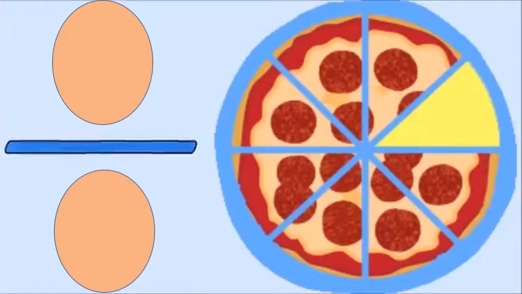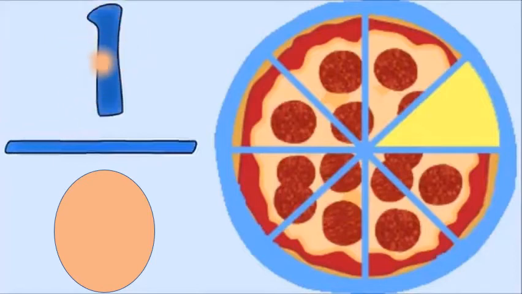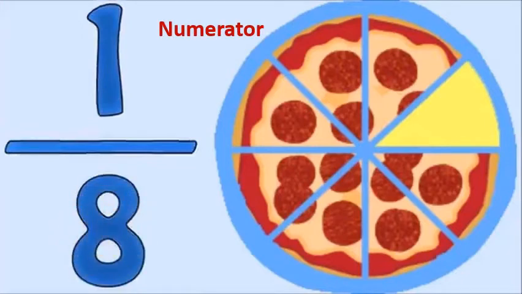Here you can see a pizza is there and one piece is not there, means it is eaten. Correct? Now we will write the same thing in fractions. Means one part is eaten from the 8 parts. Means total 8 parts are there and one part is eaten. So 1 is the numerator because that number is above the line and 8 is the denominator because that is written below the line. So this is the fractional form. We write 1 upon 8.